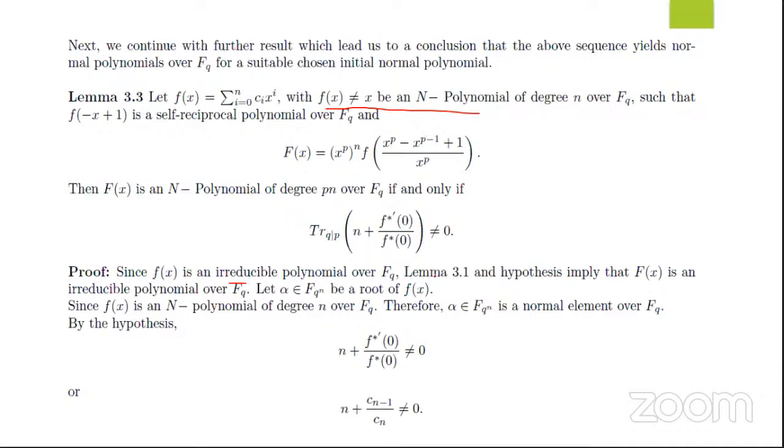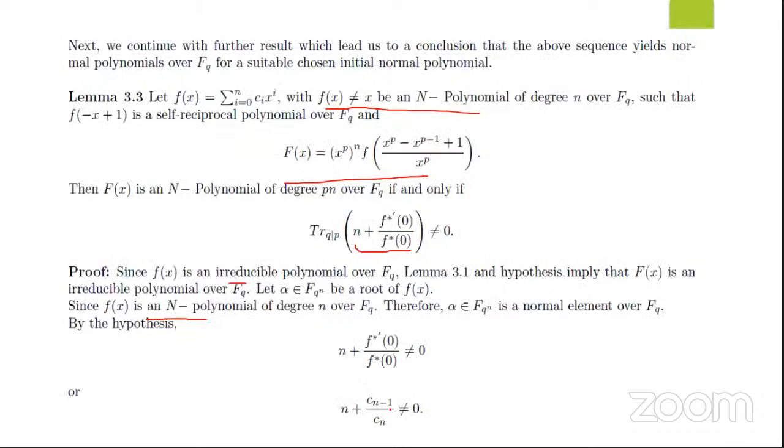Since this is an irreducible polynomial and using lemma 3.1, this f of x will also be a normal polynomial. Let alpha be a root of f of x. Since this is a normal polynomial, therefore n plus, which is already given in the statement, n plus f star dash of 0 upon f star 0 is non-zero,